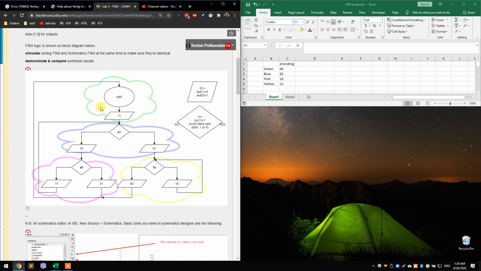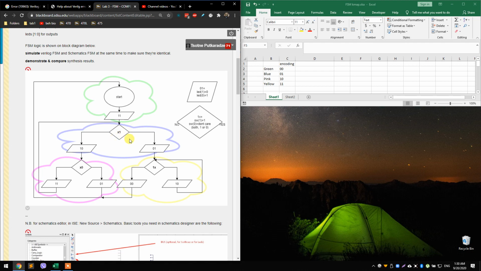So let's suppose we have a 4-state FSM. Let's call it green state. This is the start state, and as soon as you click the button, you go to the next state. As soon as you click the button, you go to the next state, either this pink or yellow. So in each state, this shape shows the output value. This shape is called a parallelogram. A 1 is outputted on LEDs, for example, and on each state, this shape